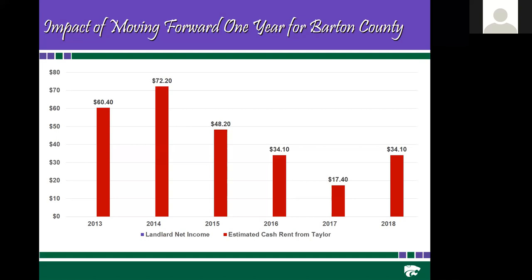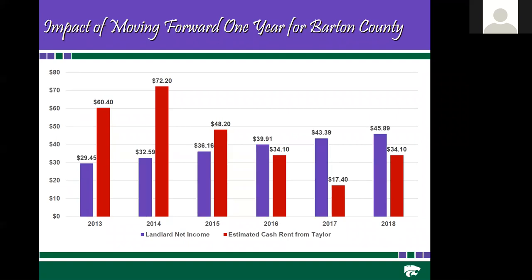One of the things you'll see is, given the information that she's calculated for the years 2013 through 2018, there's certainly a downward trend in those numbers. In terms of 2013, 2014, the profitability was much higher in the sector than we're looking at now. If we then go to the next slide, essentially the landlord net income that is used to calculate property taxes, it's kind of the numerator of the process.